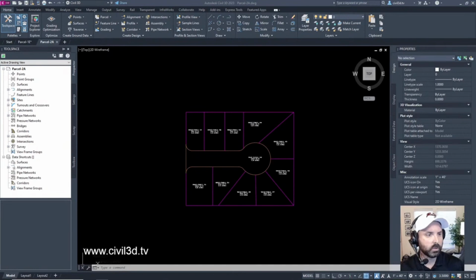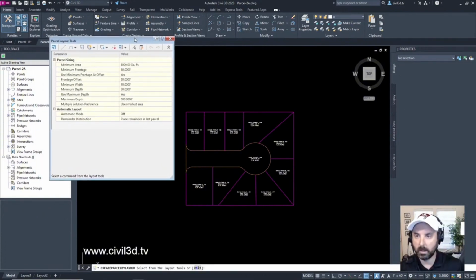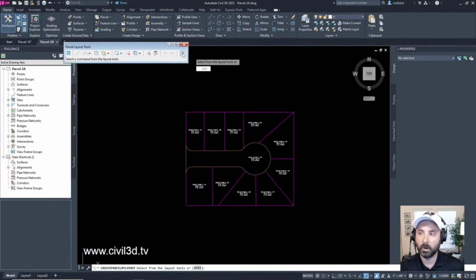In this exercise, you'll resize a parcel by sliding an attached lot line along the parcel frontage. We're going to specify parcel creation settings here. All right. Home tab, then create design panel. We'll go into parcel, then parcel creation tools. We get our dialog box. And if this section isn't showing up for you, again, you want to click this arrow to open and close.